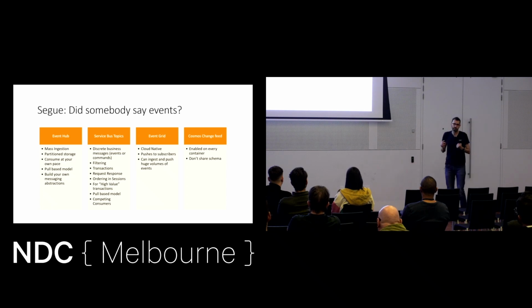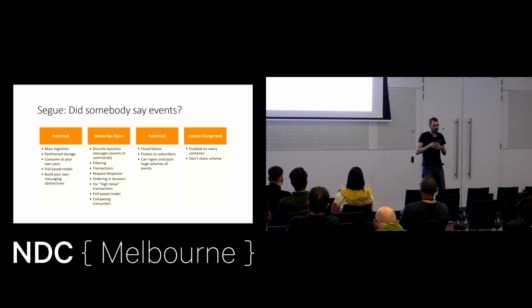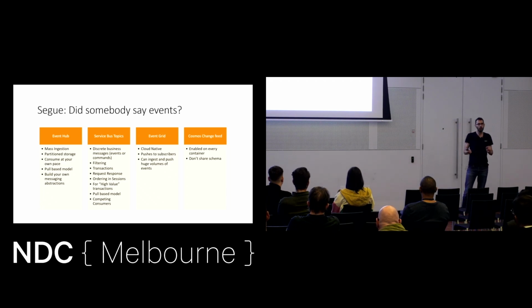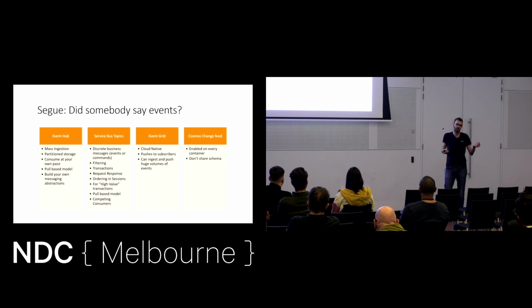Event Grid has got the word event in it, like Event Hub, right? So it must be the choice for events. And it's kind of cool how it works. It's cloud native and it's reactive in nature, which essentially means that when you send Event Grid a message, it will deliver it, bang, to all the subscribers straight away. There's no pulling. It will just call your function or push a message into your queue, which is pretty cool,